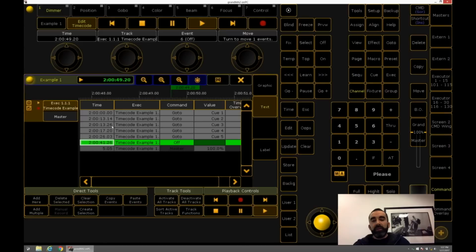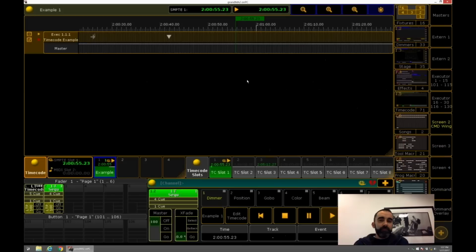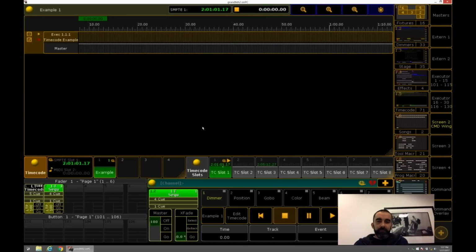So just think of this big long cassette tape. Whatever clock signal comes in, when that clock matches an event, it triggers that. Are you understanding this, Kat? I think where the confusion in timecode lies is you're not creating a show with it. Your show is already created, and you're simply triggering from that timecode.